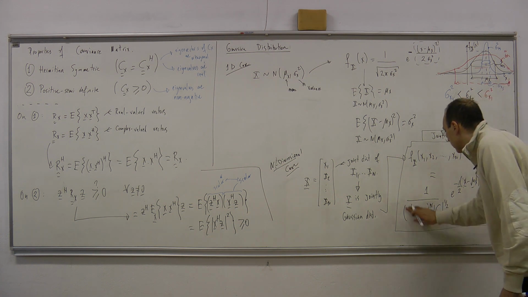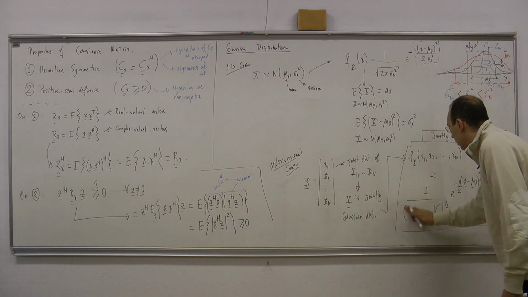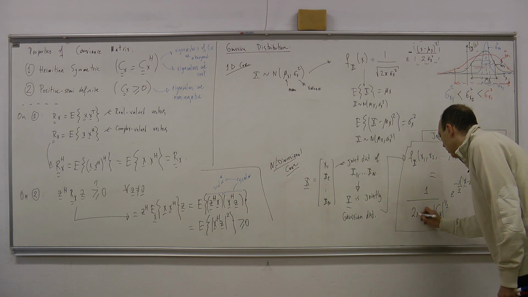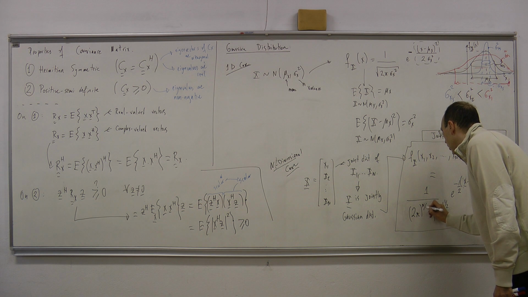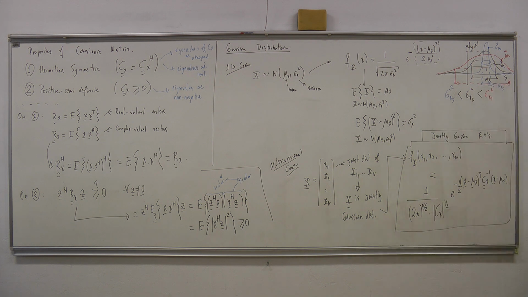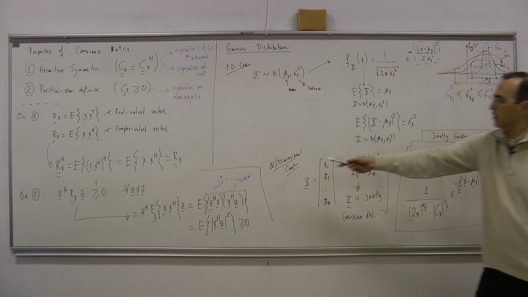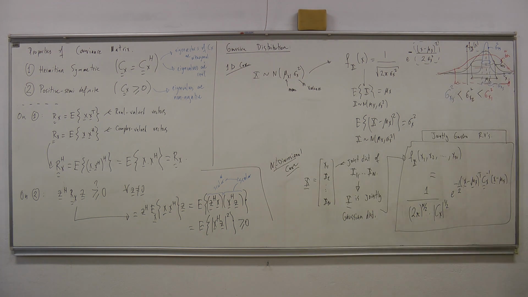Sometimes we write this a little bit more, this equivalent, 2 pi to the power n over 2. It's a little better looking because you have n over 2's over there. Now, let's see. Does this thing reduce to this case when n is equal to 1? Okay, at least it should be compatible, isn't it? So when n is equal to 1, so this is what? Well,